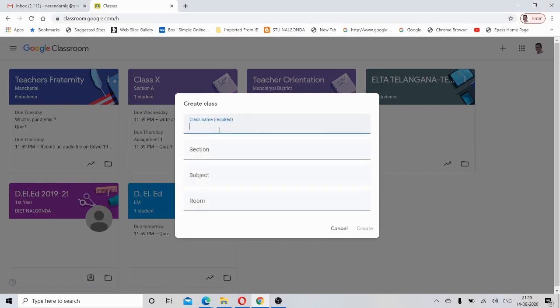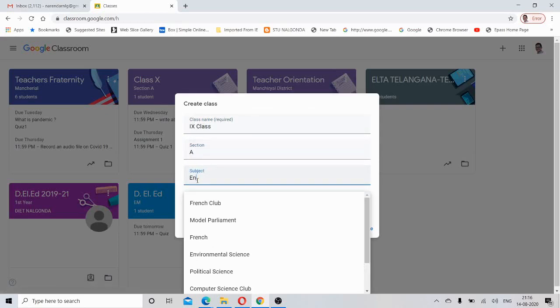See here, a window opened like this, and now I'm going to show you how to create a class. For example, I want to create 9th class. Already I have 10th class, 9th class. Section, it is for A section. You can easily mention the section here. Even subject also, English.